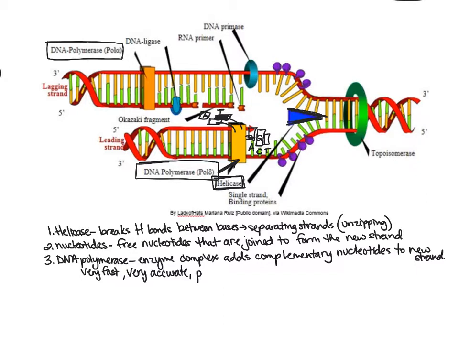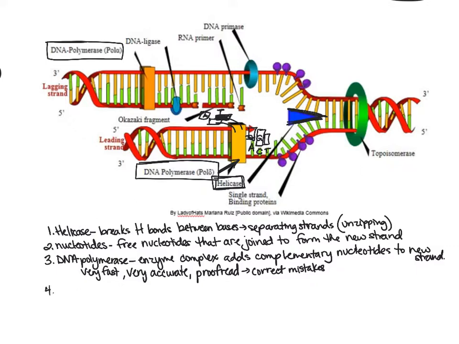So DNA polymerase can proofread, and then it can correct mistakes. As it's going very, very fast, adding nucleotide after nucleotide as complementary base pairs, it can go in and make sure that it has done the correct thing, take out any mistakes, and then replace it with the correct one. So we have DNA polymerase going along here, taking these free nucleotides and attaching them opposite through those hydrogen bonds.